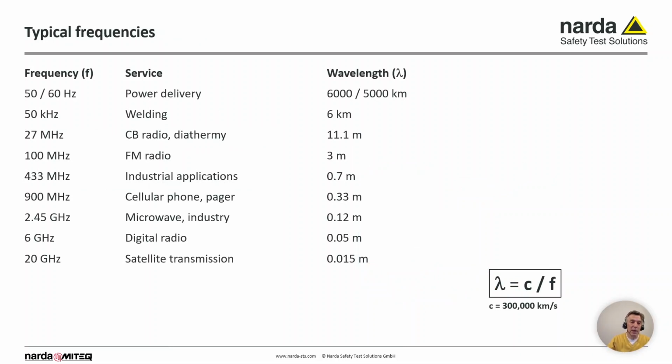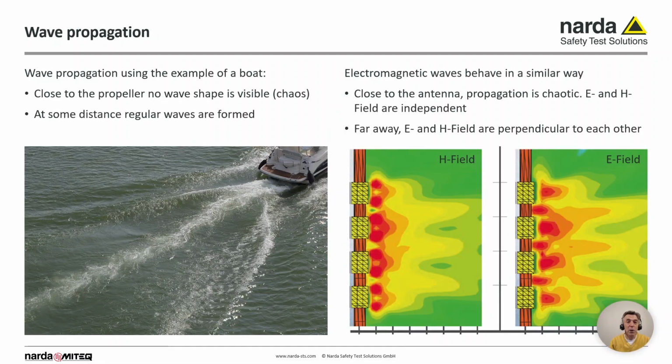Here are some applications and their frequency and wavelengths. When we talk about a mobile phone at 900 megahertz, we talk about a wavelength of 0.33 meters, 33 centimeters. FM radio, I just mentioned it. Power supply, for example, at 50 hertz, the wavelength is 6,000 kilometers. Sometimes the wavelength is just more impressive to see, and why, we will see a little bit later. So when we go close to an antenna, we will see